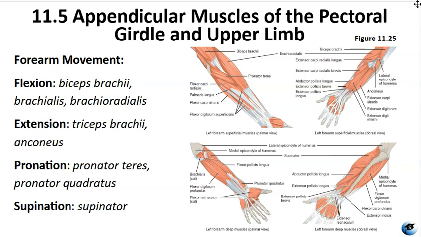Triceps brachii and anconeus extended. Pronator teres and pronator quadratus turn the palm down, which is pronation, and supinator rotates it upwards, which is supination. To locate these, look for the biceps brachii on the front upper arm and brachialis deep in the arm. The brachioradialis runs along the lateral forearm, and then posteriorly the triceps brachii dominates the upper arm with the anconeus